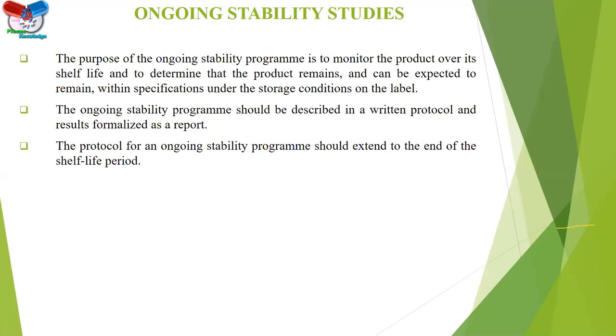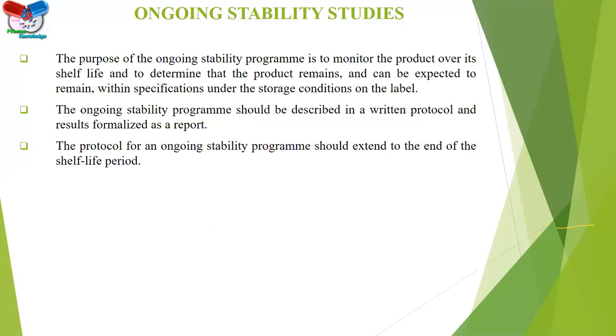I already did the 3 consecutive batches study. After that, the minimum requirement of yearly batches should be the same as the protocol that I finalized for the previous batches. The ongoing stability program should be